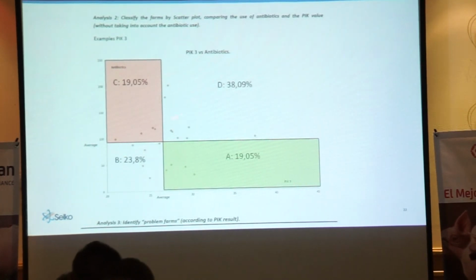So this box is having a high performance and a low antibiotic use. This box is having a low performance and a high antibiotic use. So these, and all the greens are separate farms. So what we think is that the farms in the red box, so the farms with a high antibiotic use and a low performance, they need a different approach than the farms with a low antibiotic use and a high performance. So by analyzing all of the farms and these results, we think we can give you a well-designed advice for every specific farm, instead of having a general advice for your whole company.